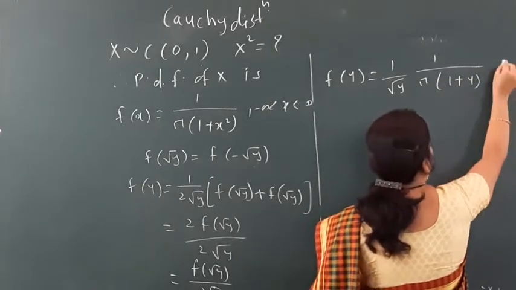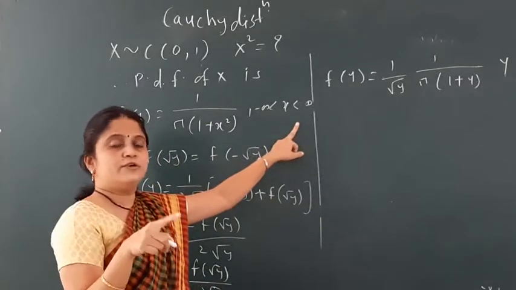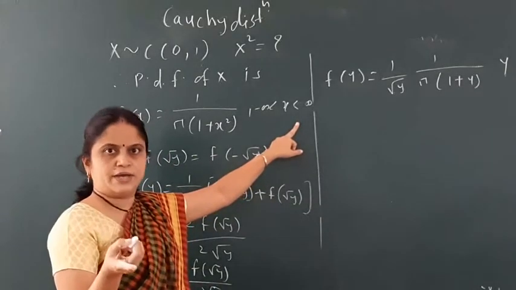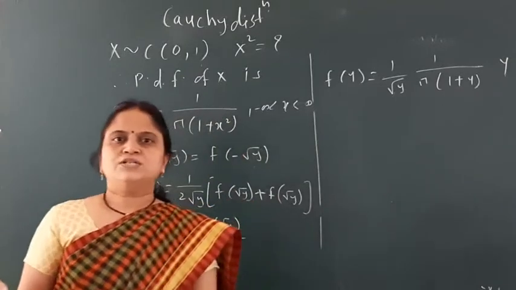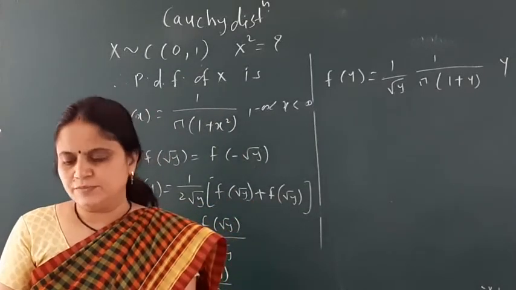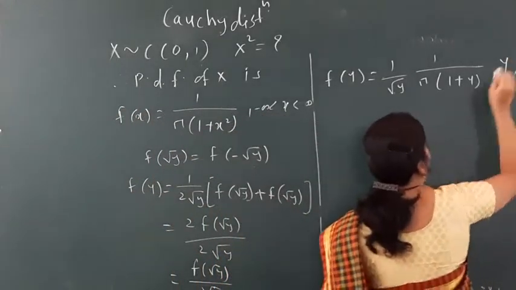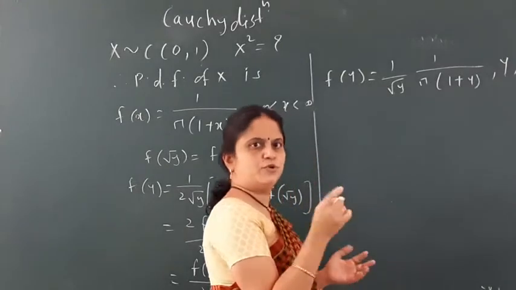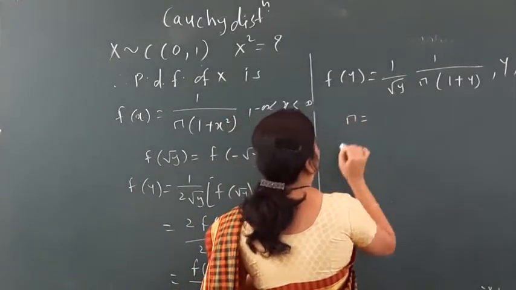Okay. And over here the range, since it is minus infinity to infinity, but I have the function of y as x square. So if I square the term, what do we get? Minus infinity square is infinity, and infinity square is infinity. That means y is greater than 0, or we may write y is in between 0 to infinity. Okay, both are fine.